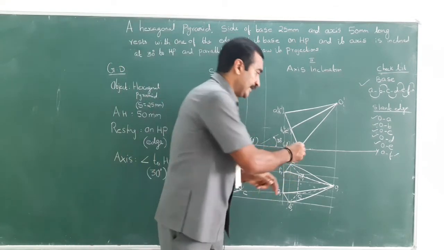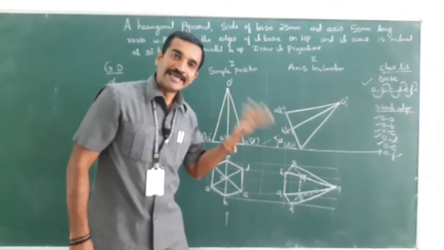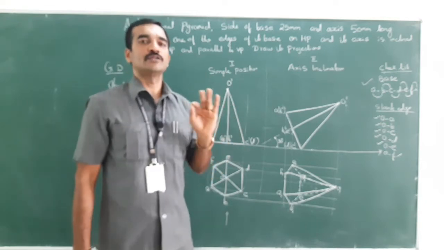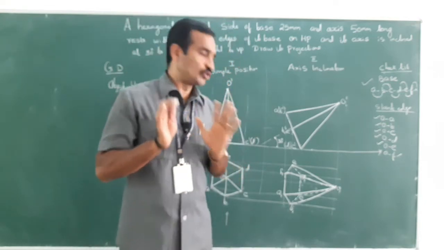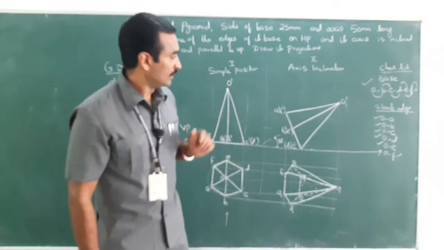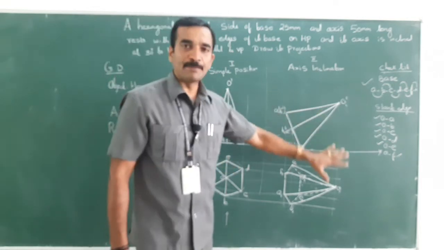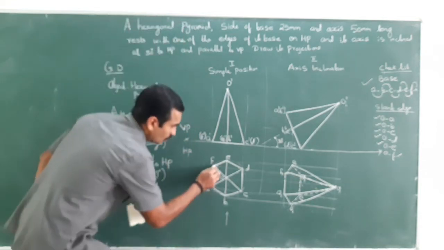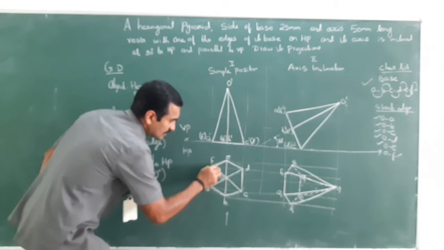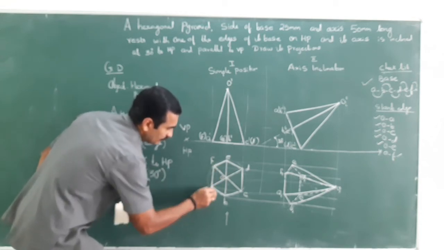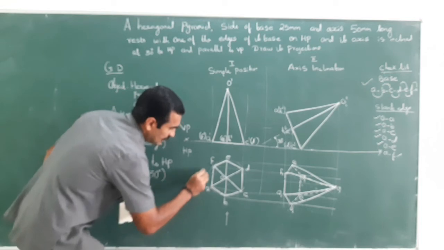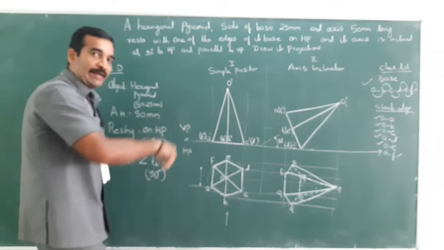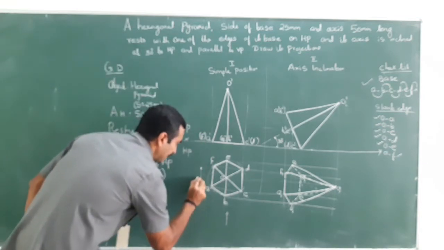So the lines connected to the resting corner or edge should be invisible. That is for your understanding, to check the final view. So now I have completed the projections. Right. Now what is next? The dimensioning. So draw a perpendicular to the side, and parallel to the side draw the dimension line, and above the dimension line you should write it,